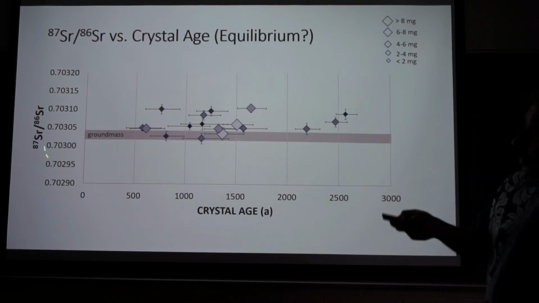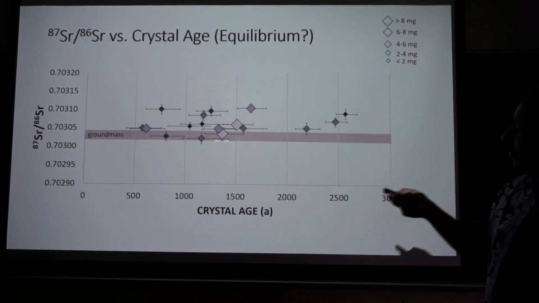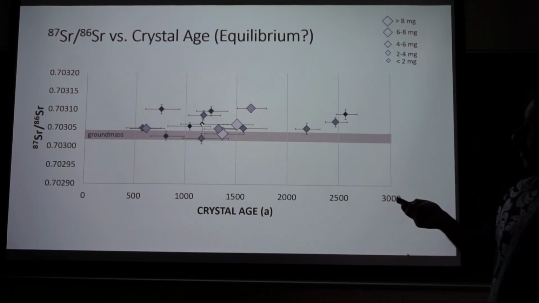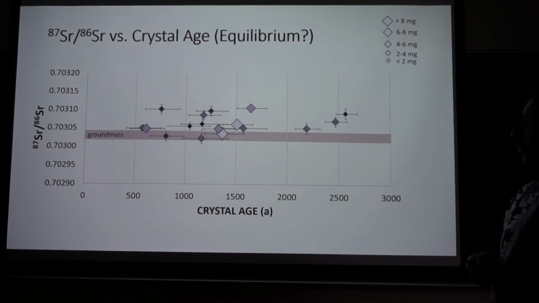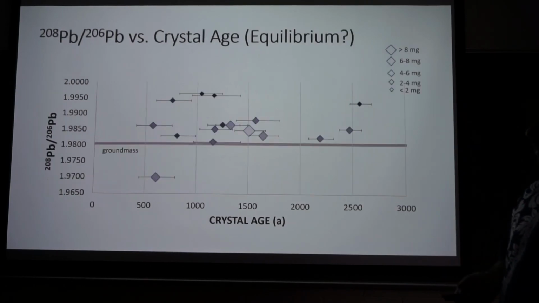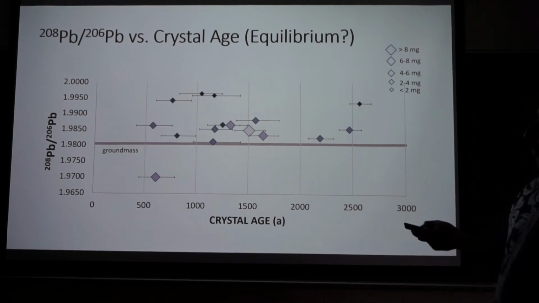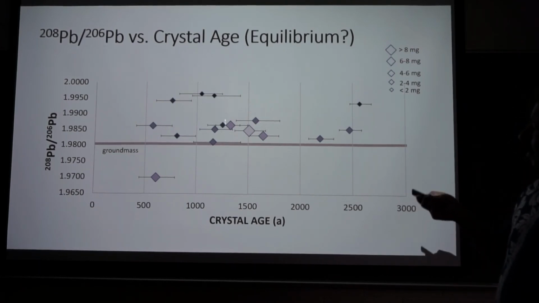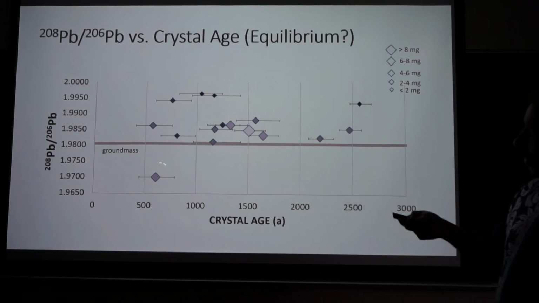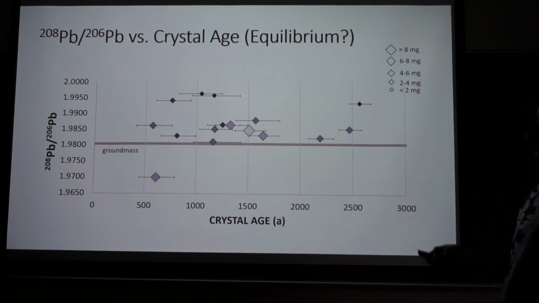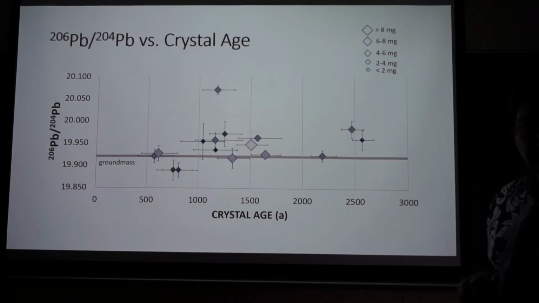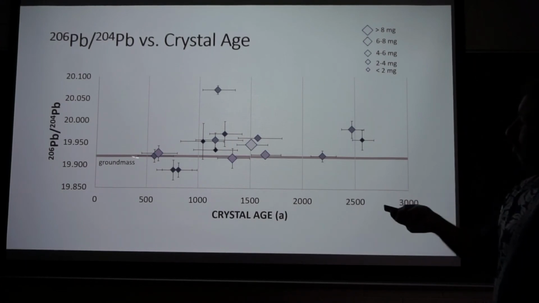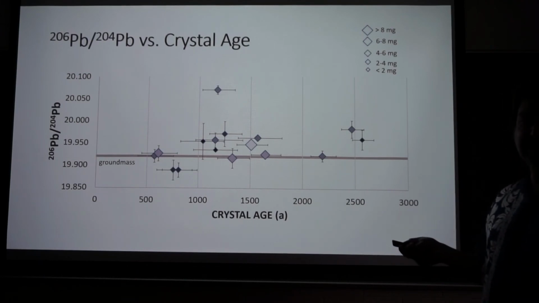So then we look at the 87/86 ratios. Here's the groundmass. Most of these crystals fall into the range, maybe a little bit higher in 87/86, but pretty similar, which should suggest that through time Erebus hasn't changed in 87/86, and it's probably pretty close to equilibrium. Here are the big peaks of lead. Here's the groundmass again. Most of those are a little bit higher than the groundmass value. There's one crystal that drops lower, but most of them cluster in the same range. When we look at a little bit more detail with the 206/204 lead, you see more overlap here, but again, pretty similar to the groundmass. And we would suggest this indicates equilibrium between the melt today and these crystals, because the melt hasn't changed very